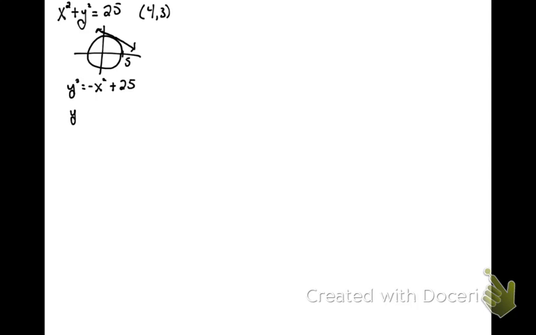Y equals plus or minus the square root of negative x squared plus 25. And we could attempt to take the derivative of y. But the problem is going to be the plus or minus for us. Which one should we be thinking about? And there may be some ways to make that decision, but it's going to be better to use a different